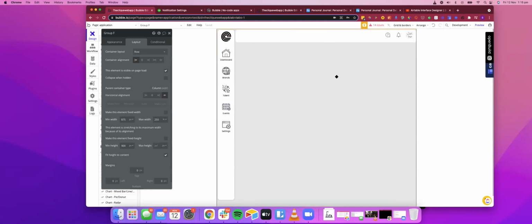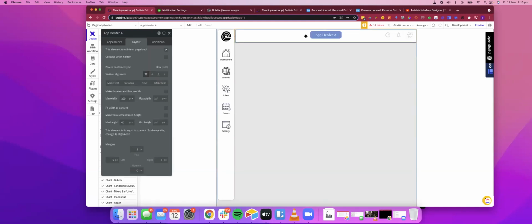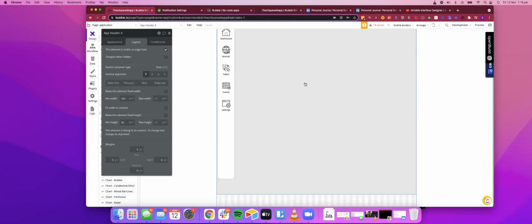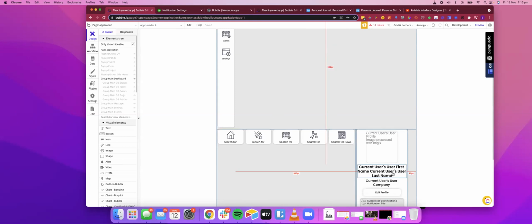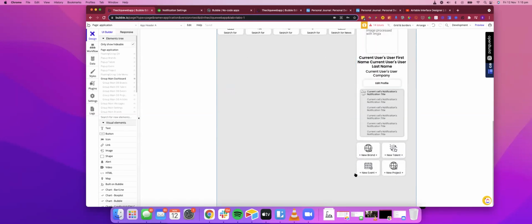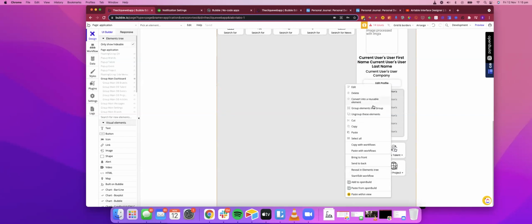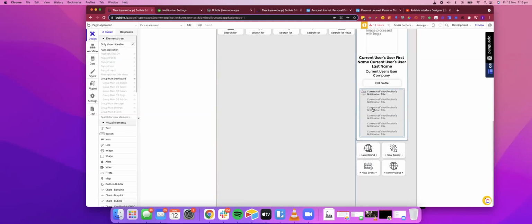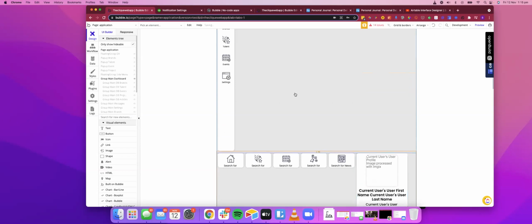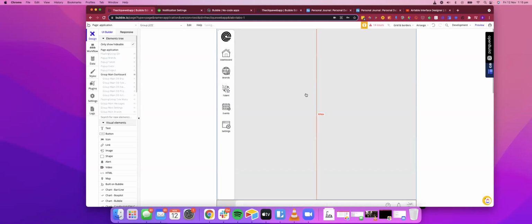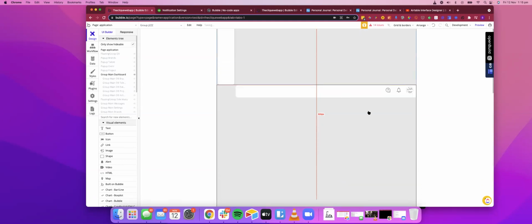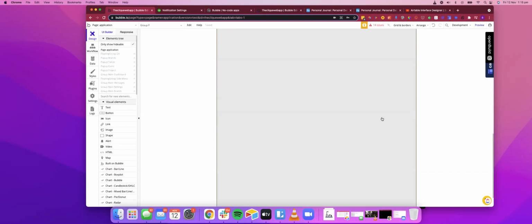Click on the header. Yep. And then shift click on the group that's all the way at the bottom. Okay. And group them. And then that main container group holding those two elements would be column, so they could stack on top of each other. But the thing is that, I might not be right about this,